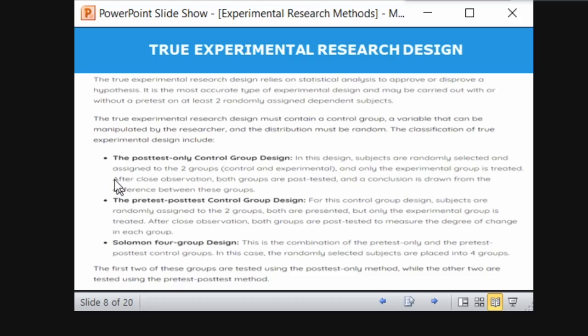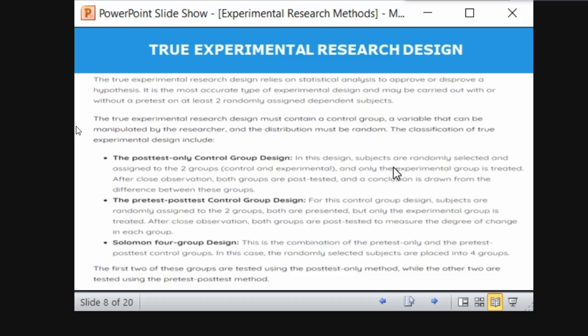So in the first, post-test only control group design, subjects are randomly selected and assigned to 2 groups. So for example, you are a group of 6 students, right? So I randomly select by taking a lot or something. I am writing all the names of 6 students on paper. I am randomly picking three papers, and whoever's names fall in that category, they are group A and others are group B. So this is the process of random selection. I am not selecting by convenience or choice, just randomly by a toss or by a choice of paper or something. Okay, a lottery method.